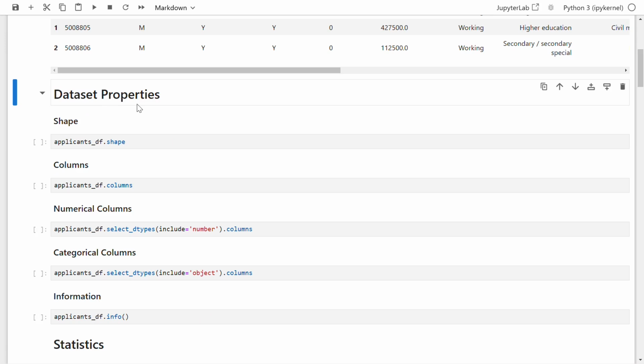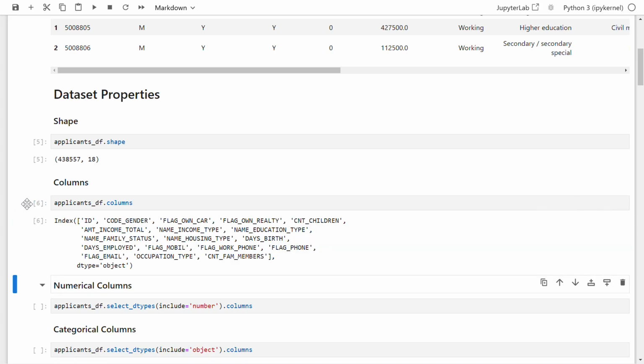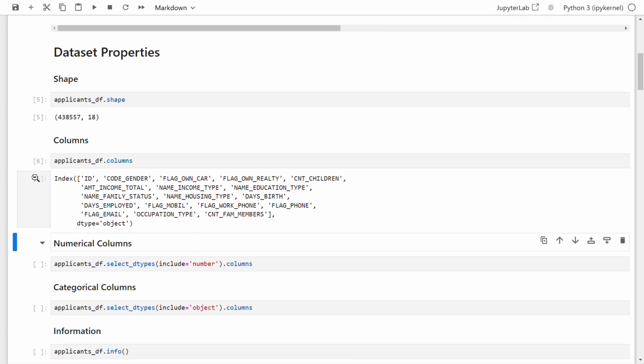Now moving on, before creating a model, we should carefully see the dataset properties. Properties means nothing but the shape of the data frame, columns of the data frame, and information about the data frame. So let's see the shape of the data frame. The data frame has 4,38,557 rows, 18 columns. What are the columns available in the data frame? So these are the columns we have in our data frame,